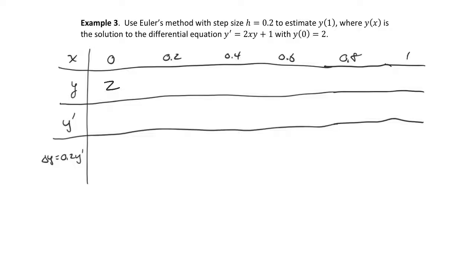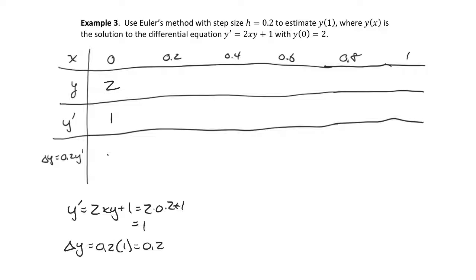y prime is 2 times xy plus 1, which in our case is 2 times 0 times 2 plus 1, which is equal to 1. Delta y is 0.2 times the number we just found, which is 0.2. And our new y value is the old y value, which was 2, plus the 0.2. So that's 2.2. Once again, we take the differential equation formula, 2xy plus 1,